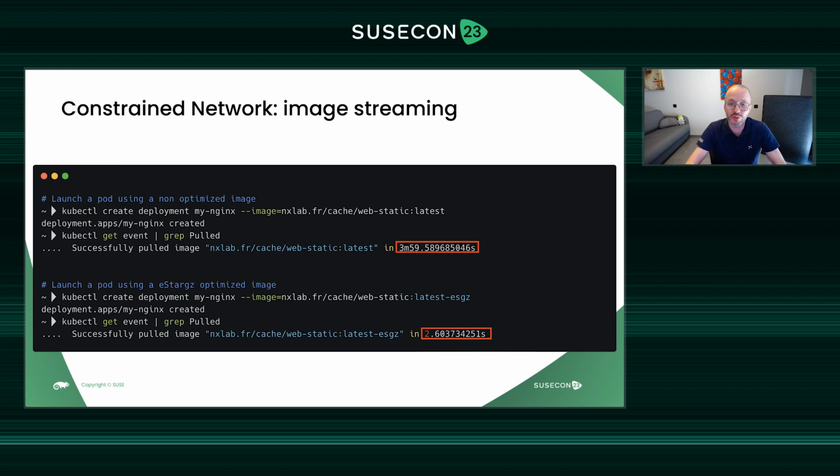Of course, in 2 seconds, we don't do any magic. We don't download the same quantity of data. But the main difference here is that the containers are able to start after a few seconds and not wait 4 minutes until we have pulled the entire content of the image. So there is a real advantage to putting this kind of approach in place. That's something pretty new, but we are seeing more and more customers using it, and sometimes I meet customers using very big container images, sometimes tens of gigabytes for each image. And in this case, this kind of approach, even with correct network performance, is pretty efficient.